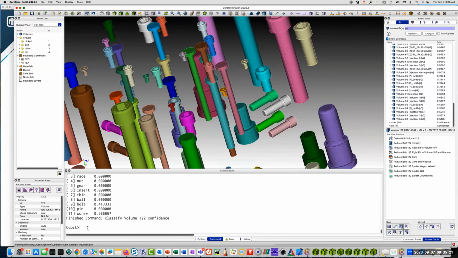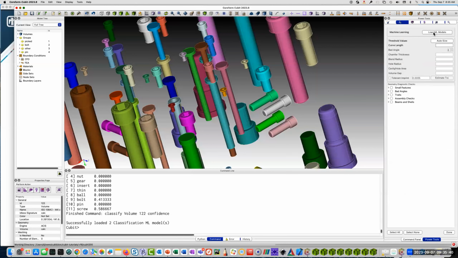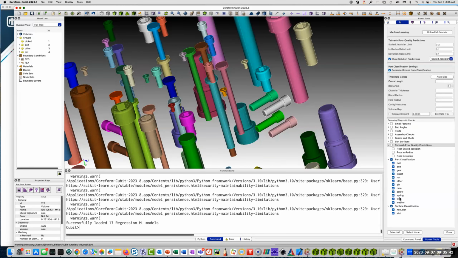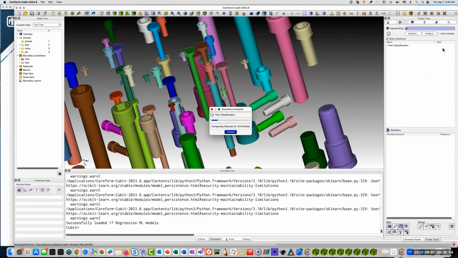So a couple things you can do here. I can go in and do my analyze again here and find everything I want. In fact, let's go ahead and do that. So you'll notice that I don't have screw in here yet. In order to do that, I actually have to unload and load my machine learning model. And as soon as I do that, you'll notice that I've got a screw category in there. And if I do done and then analyze,